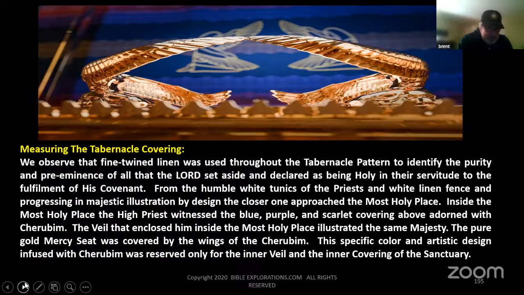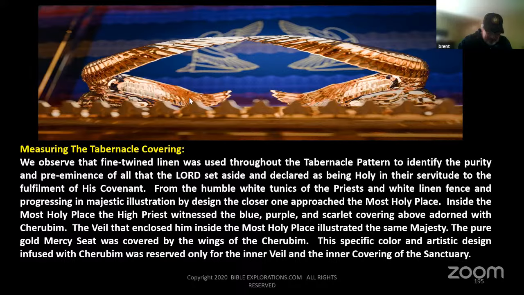So here's a close-up, as if you're looking from behind the Ark of the Covenant towards the veil. This is a much better rendering of what that veil looked like. The reason I include this picture is because only 2 items were made with this distinct color and this pattern, and only 2 of the soft materials have cherubim on them. So the one is in this door with this veil that separates the holy place from the most holy place. You would see the cherubim, you would see the blue and the different colors in here, and that would be your view.